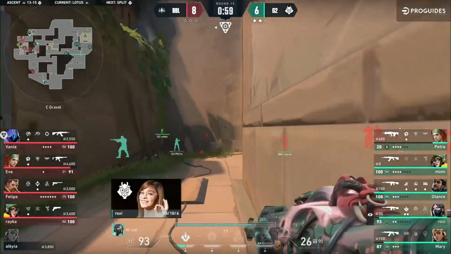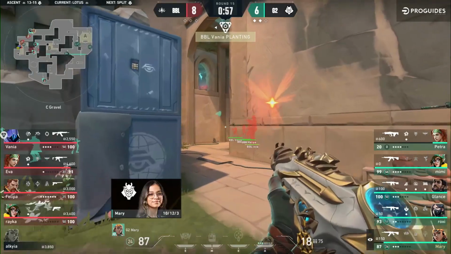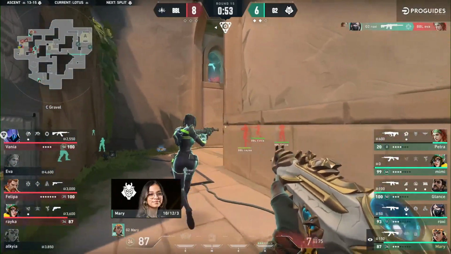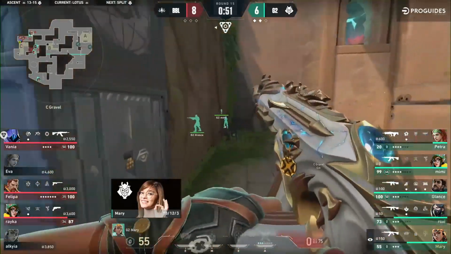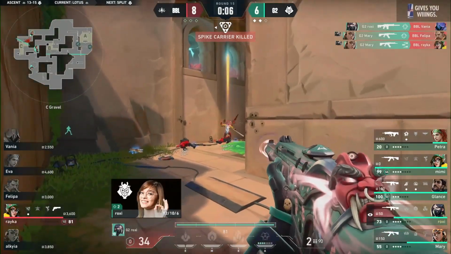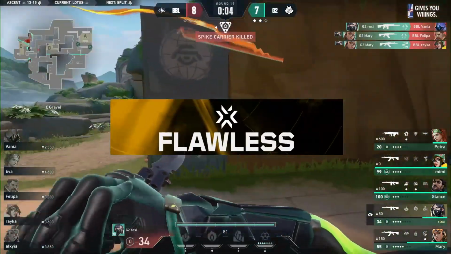Don't need to go too far into this. You can see almost an overextension. I like them trying to fight for CT, but this is almost hounding it. Turns the flash, no problem. And still no plant to be had here. Ash, this is going wrong. I mean, we saw BBL overheat like this previously. They went into B side last time they faced off against G2, and Mary's just going to...